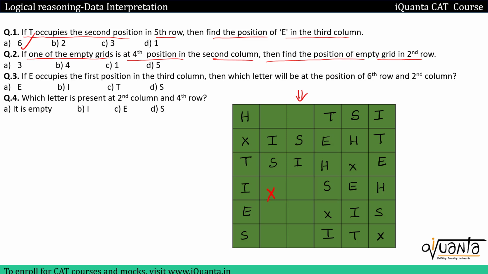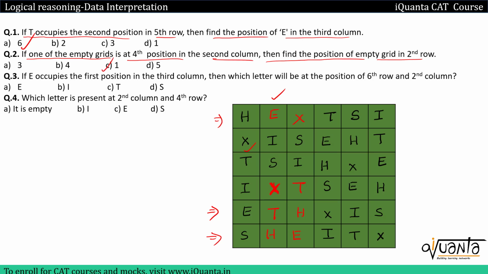So again in this column, if I check for T, T cannot come over here, T cannot come over here, so T will be here. Now we need to fill only E and H, H cannot come over here, so I will put E over here and H will be put over here. In the last row I have to put only E, so E will come over here. In this row I have only a place for H. Then in the first row I have a space only for a cross, so only T remains here. We have to find out position of empty grid in second row, so it is at the first position, option C will be the correct answer.